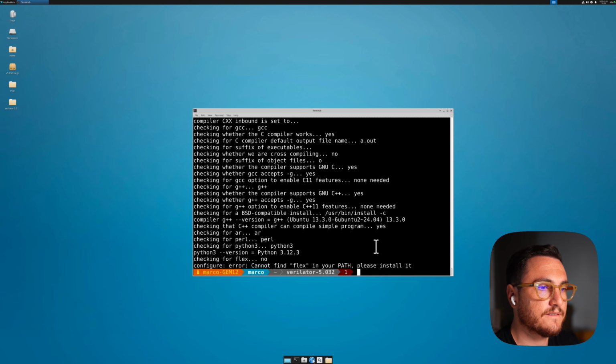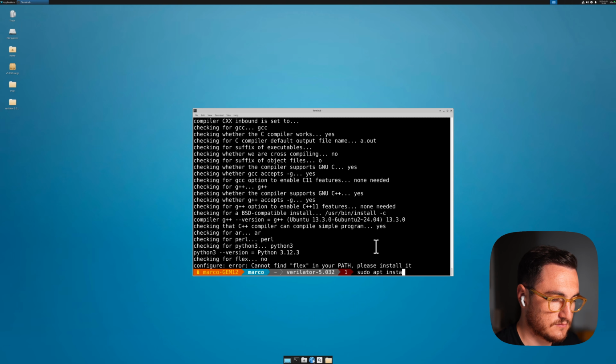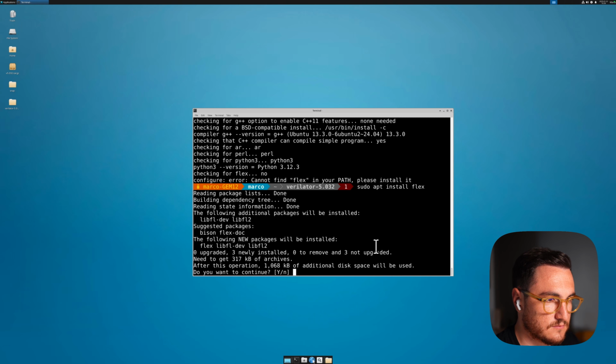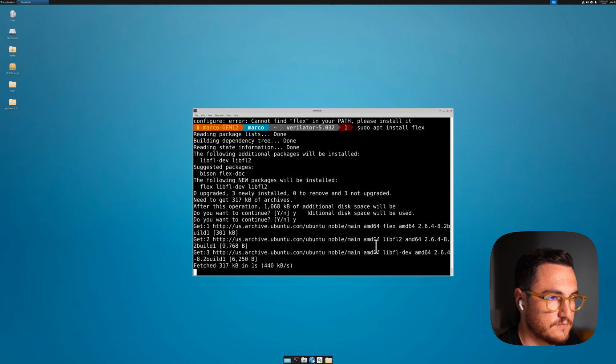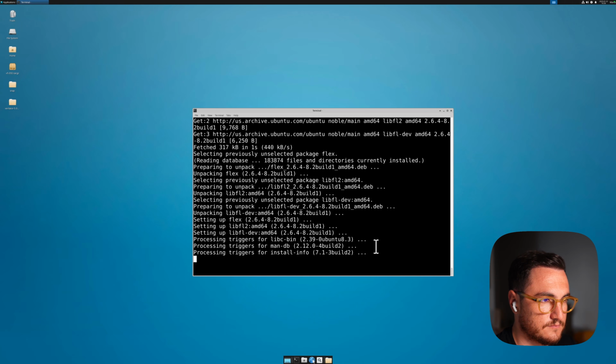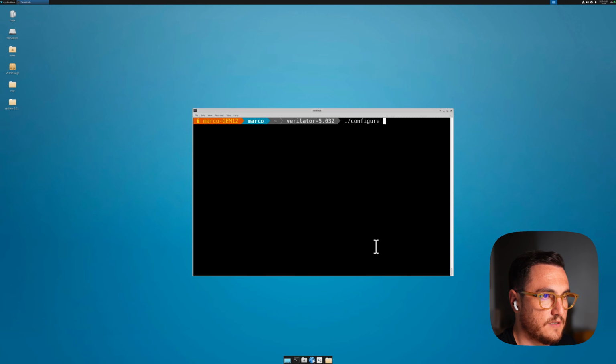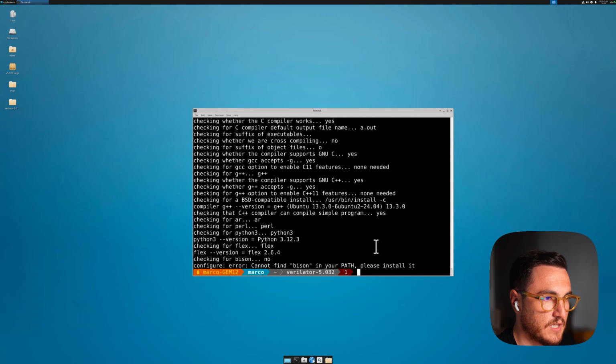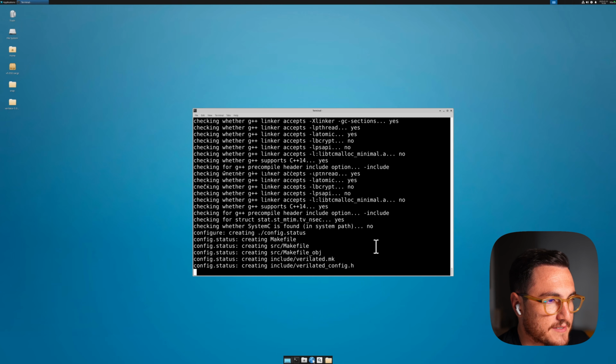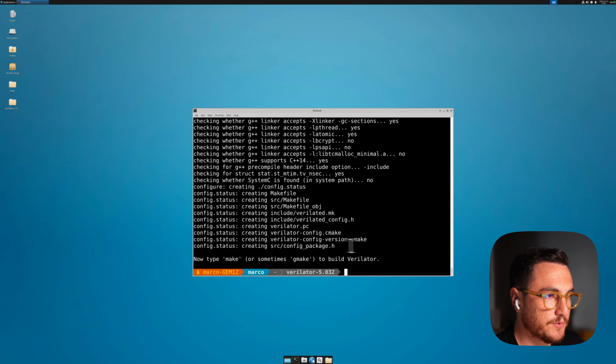Cannot find Flex. Let's install it. Okay, let's install Bison. We made it past the first few errors. Now we're ready to compile Verilator. So what we want to do is type make